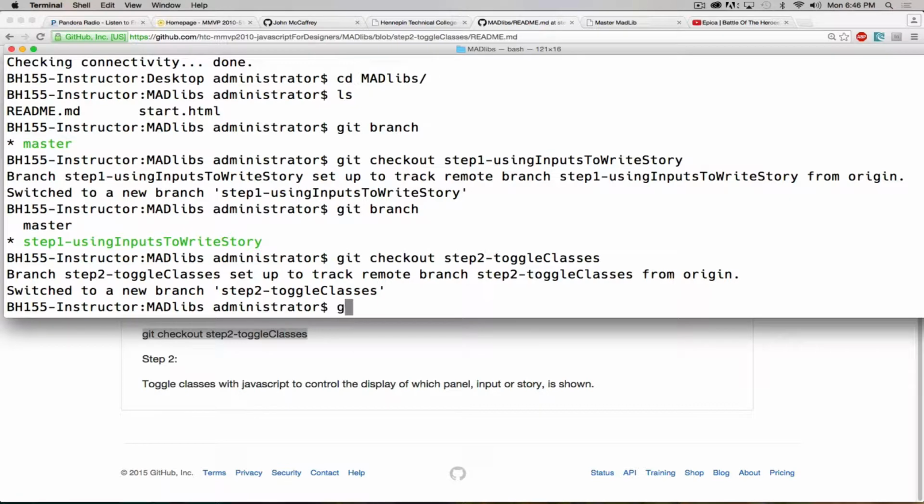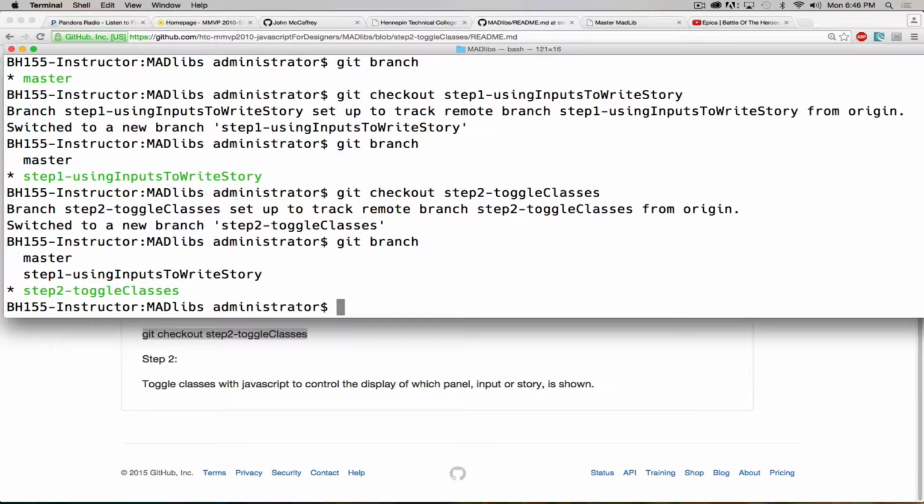I can confirm my branch, git branch. Now you don't have to type git branch, I'm just doing that so that we can see. And it now knows that when I'm at step 2, there's 2 prior branches that exist. There's the step 1 branch and the master branch. So by the time I get up to my step 5 branch, if I say git branch, it will show me that there's master plus all 5 branches, which is really kind of exciting when you're working on a project to know that all of that content is there, even though when I do the branch,